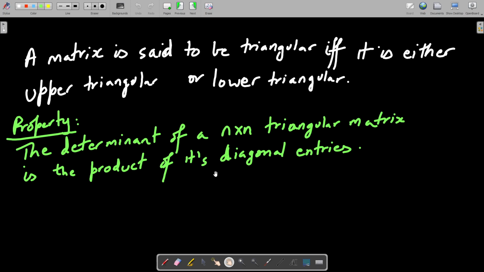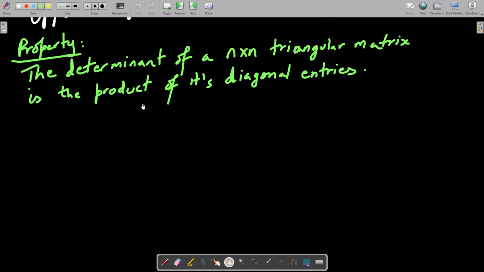Okay, the determinant of an n cross n triangular matrix is the product of its diagonal entries. If you calculate the determinant, this property is true. One more thing to note, which might be confusing for some of you,